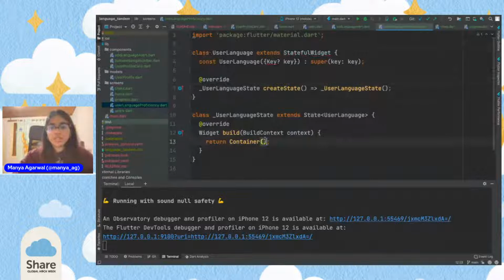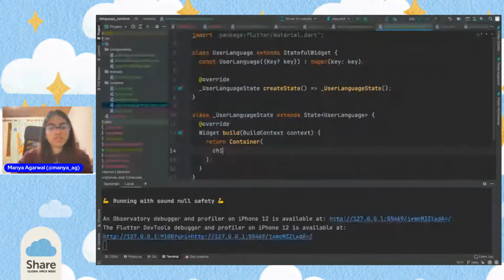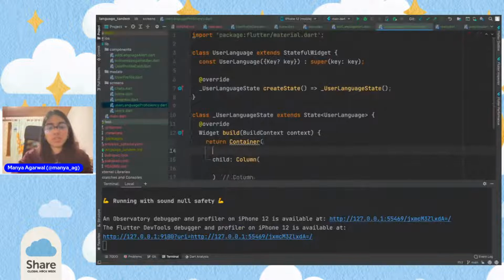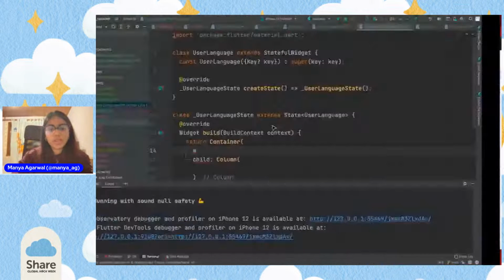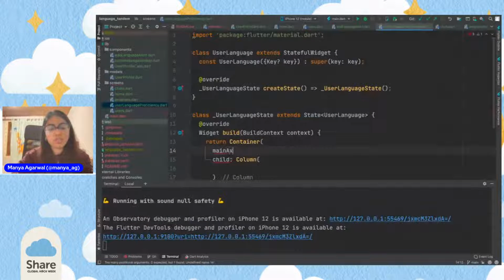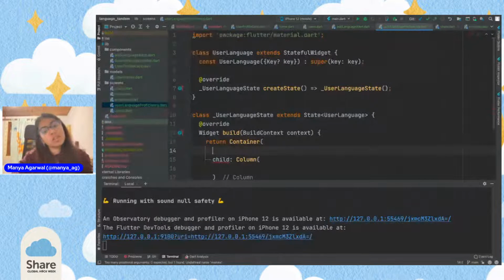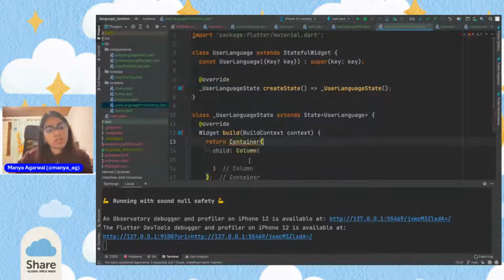Oh, okay, perfect. So here we again have child, and now we create a column. Here we can see that everything needs to be centered. The text can start in the, yeah, everything needs to be centered. So what we can do is, okay,